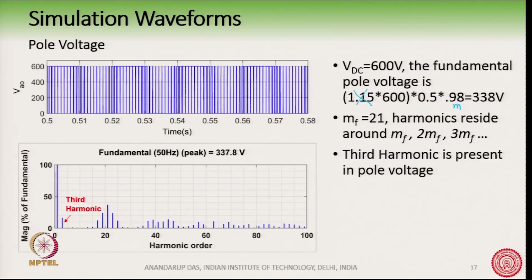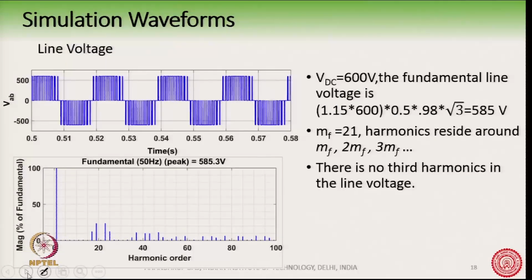So, if you see the harmonic spectrum of this pole voltage, we see that the fundamental voltage is 337.8, it is almost like 338 volt, and we see that there is a third harmonic here. This third harmonic is 1/6 of the fundamental, and it is present in the pole voltage, it is present here, this is the third harmonic. But let us see